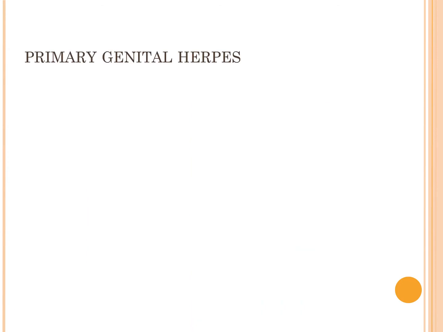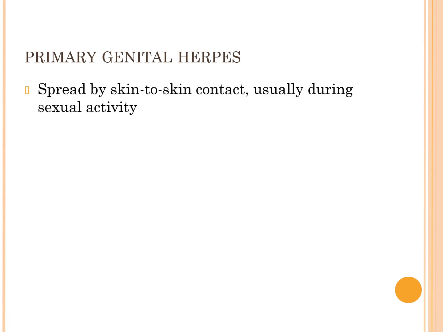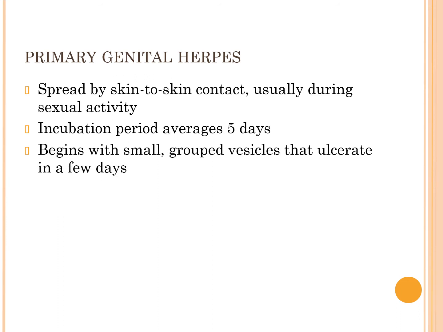Now that was a picture of primary genital herpes. Primary genital herpes is spread by skin-to-skin contact, usually during sexual activity. The incubation period for this disease averages about 5 days. It begins with a small group of vesicles that ulcerate in a few days, and of course you know where